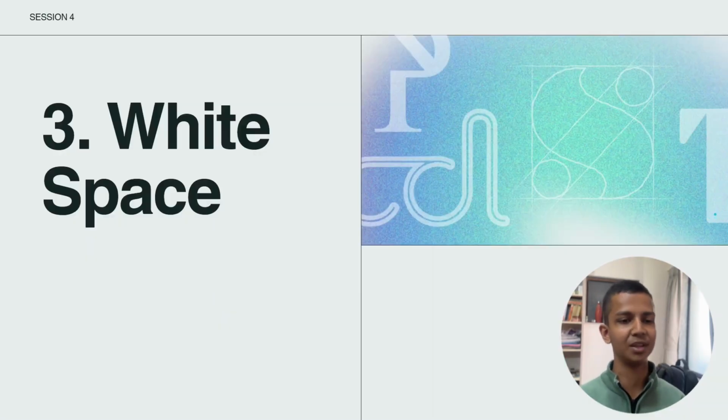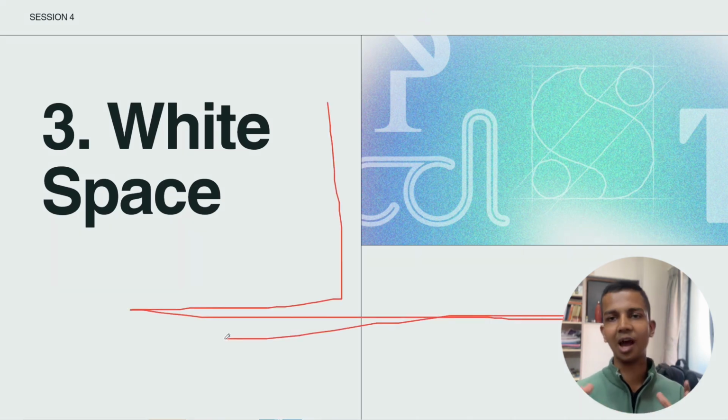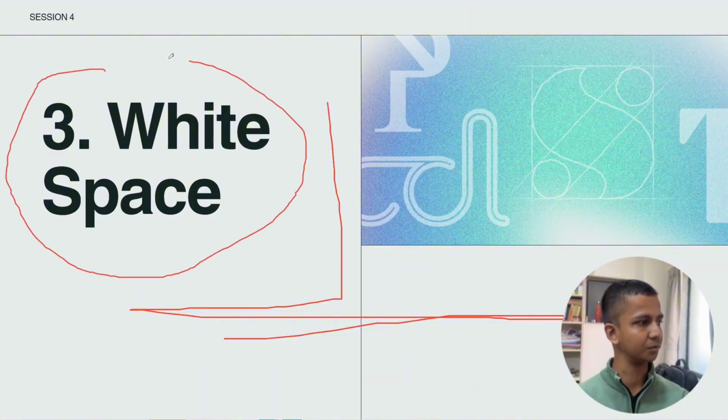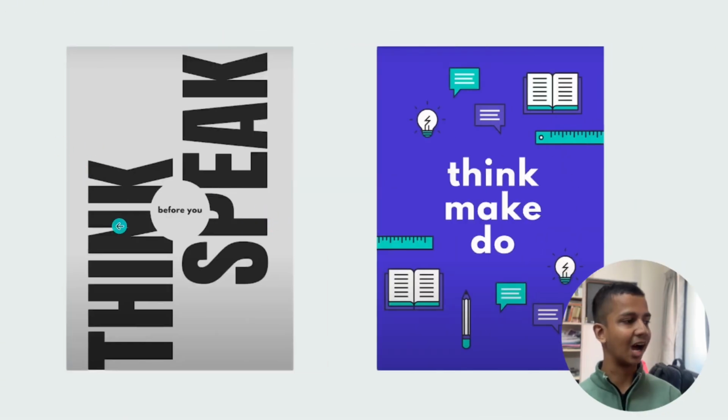And then we have white space, which is used to make the design less cluttered and more focused. By the way, in this slide, I have white space, if you can see. White space doesn't mean the color white. It can be blank space to grab viewers' attention, to declutter and focus. Negative space is the empty space around elements. It keeps the design from looking messy and helps focus attention. Let's see how we can create white space: it makes the text easier to read, creates a clean and modern look, and helps important elements stand out.